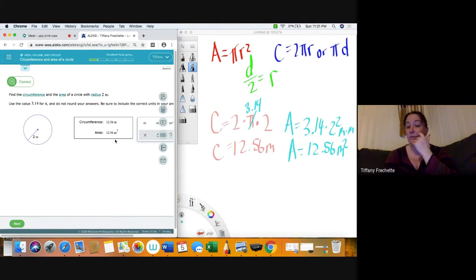Just because we got 12.56 for both does not make it wrong. They are both, in fact, 12.56. One is just meters and one is meters squared. So even though they're 12.56, they do represent different amounts. Because this 12.56 is just the distance it would take you, like if you